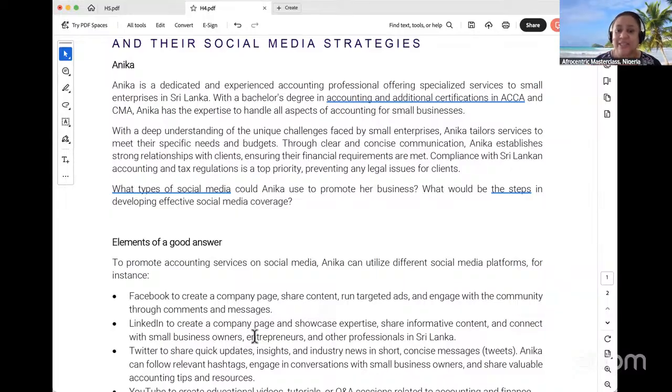For LinkedIn, create a company page, showcase her expertise, share information. Twitter, quick updates of what's happening, new products and new services, and also a report on industry insights and changes and laws and new types of qualifications and how it can benefit. So Twitter, and then YouTube,